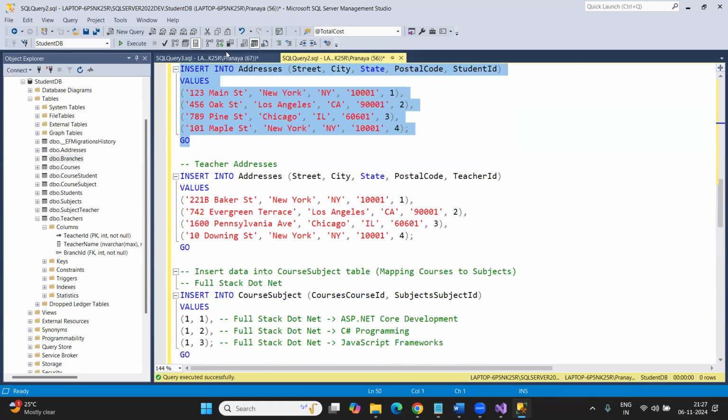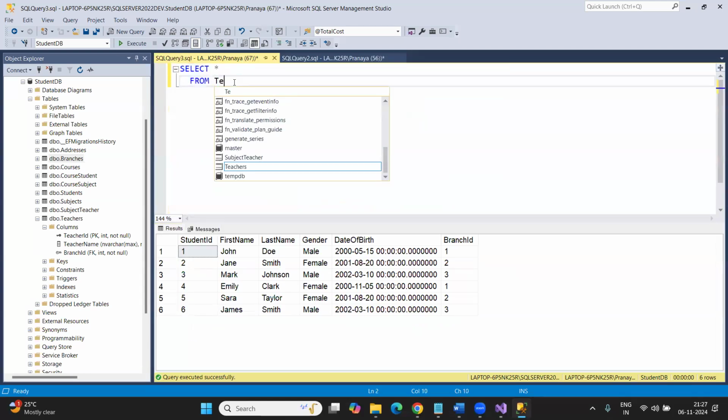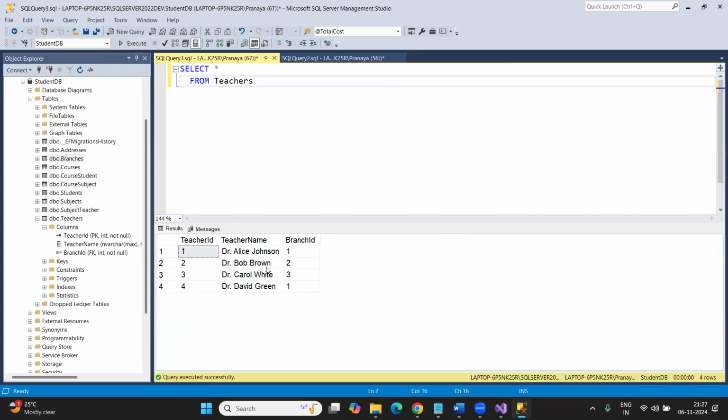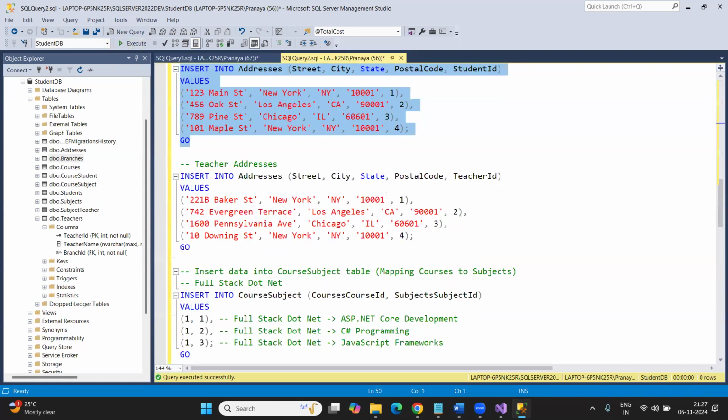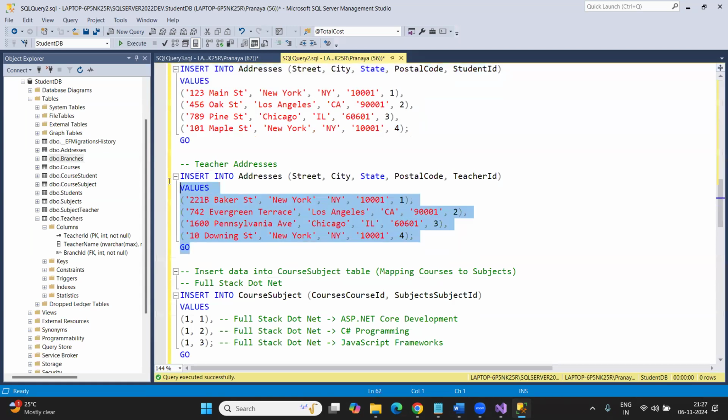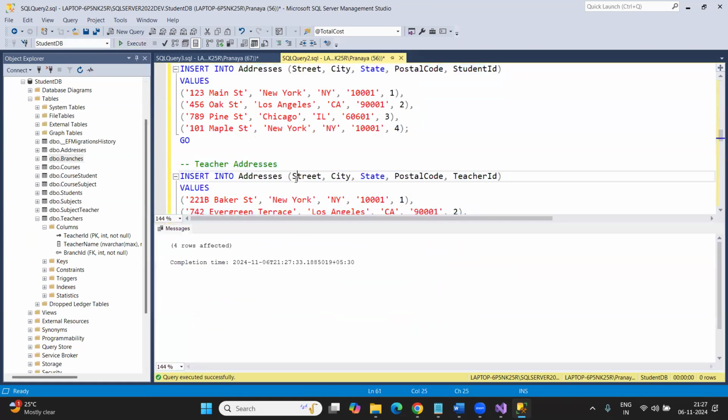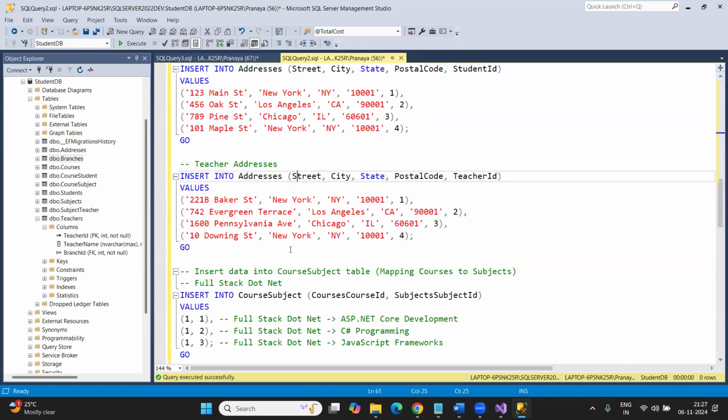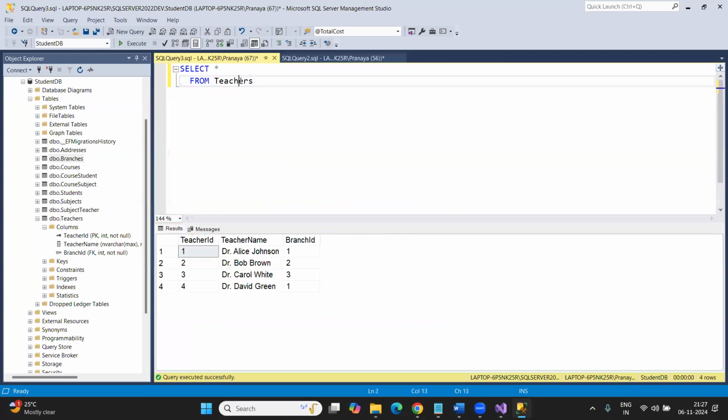Similarly, how many teachers are there? Right, 4 teachers are there. Now what I'm doing, I'm inserting the address of all the teachers. It is up to you. Clear? Now, if I go to the address table, then you will see those addresses which belong to a